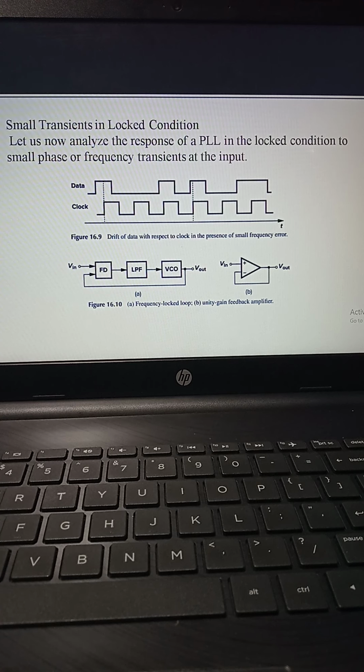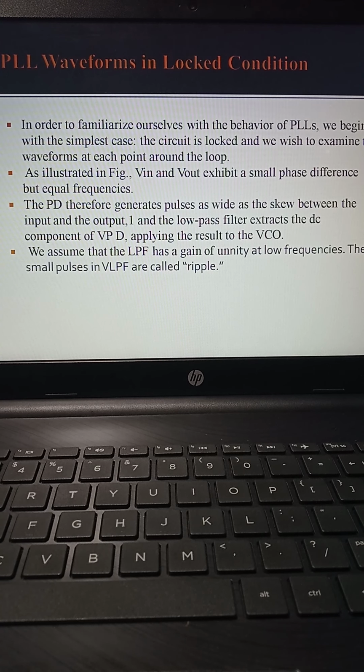Let us now analyze the response of a PLL in the locked condition to small phase or frequency transients at the input. So now see the PLL waveforms in locked condition. In order to familiarize ourselves with the behavior of PLL, we begin with the simplest case. The circuit is locked and we wish to examine the waveforms around the loop. As illustrated in the figure,